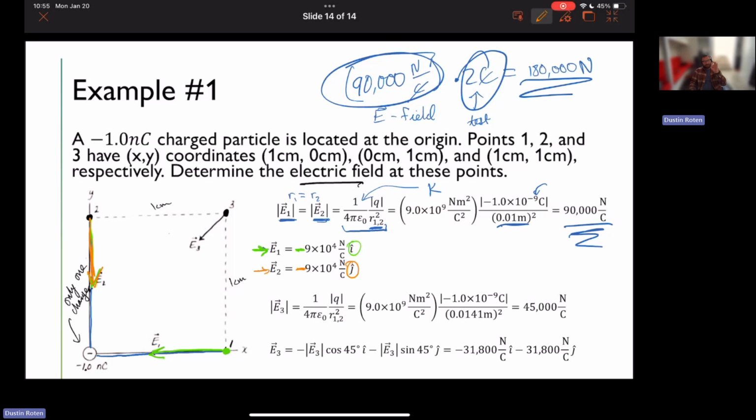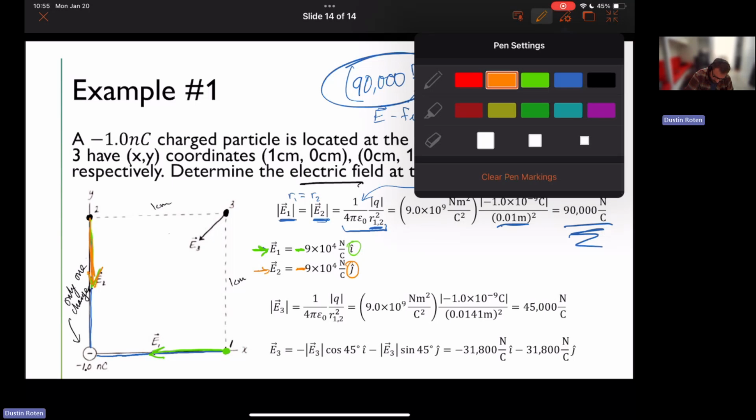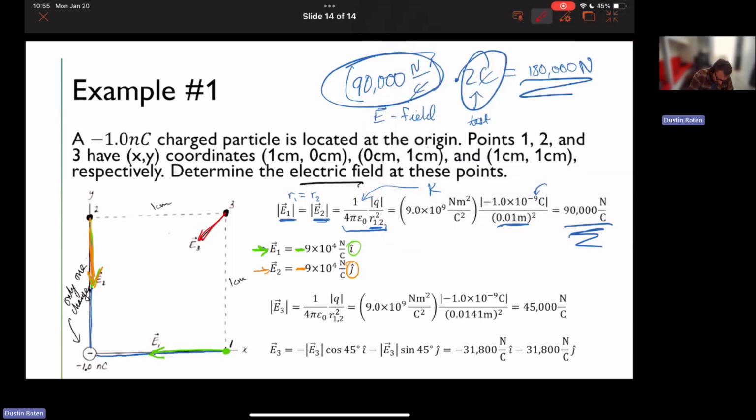Now we just need to figure out the magnitude of the electric field at point E. So I will use red for that. So what is this? This one's a little harder because it's got some stuff in the x direction and some stuff in the y direction. Okay, so we can figure out the magnitude first. That's easy. All right, so we have our k value, our electrostatic constant, we have our source charge or our generator charge. Okay, now we just need this